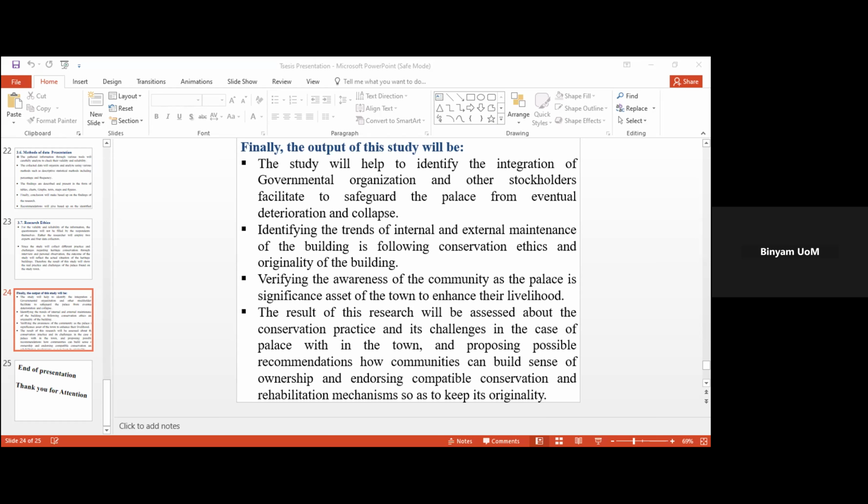As I was reviewing your specific objectives and general objectives, it's merely focused on the building, the specific palace of Atse Yohannes, which is located in Agulae town, and it doesn't suggest any interlink or connection with the community, the neighborhood, or the settlement as a whole. So maybe if you can broaden the scope to make it more of an urban planning theme, that would be interesting for our project as well,